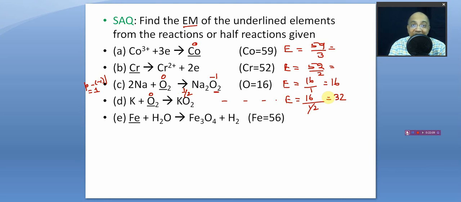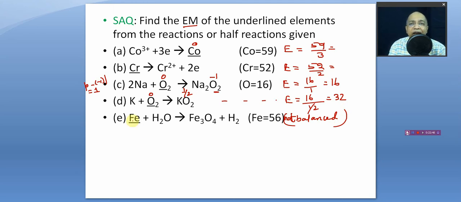You use that. Even in some species you get an average oxidation state, and you use that average oxidation state. For example, here, red hot iron reacts with superheated steam to produce the magnetic oxide, ferroso-ferric oxide. I'm not balancing it. Not balanced. Right? There is no necessity for balancing.